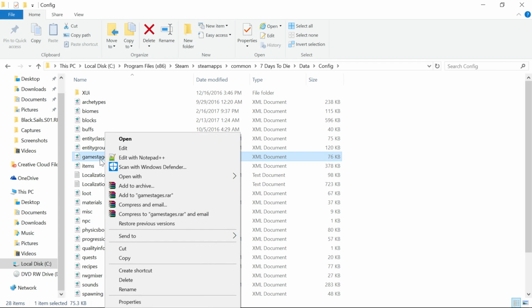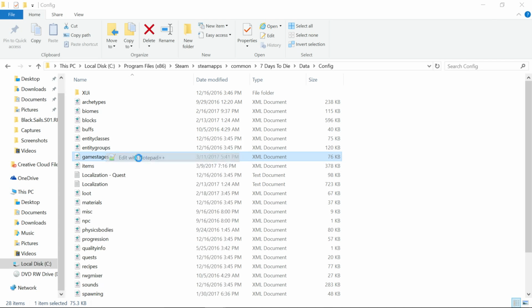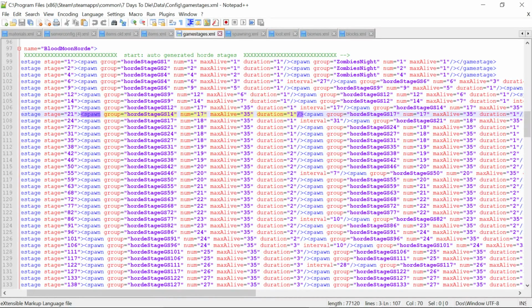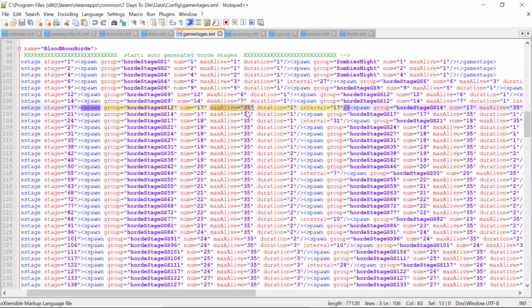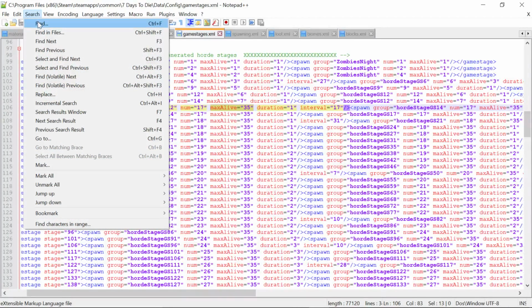So we're going to look at the game stages file, which is the file that I edited to change the default 8 zombies per wave to 35. So we're going to click on Edit with Notepad++, and right here you see Max Alive 35. So what I'm going to do, let's pretend this is 8. So we're going to look at this now. We're going to highlight the Max Alive 35. We're going to go to Search, Find,